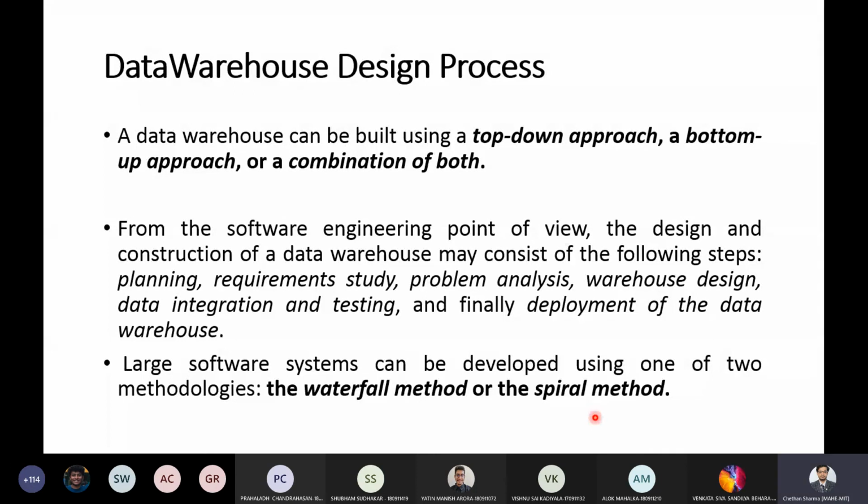Okay. So the waterfall model performs a structured and systematic analysis at each step before proceeding to the next step.